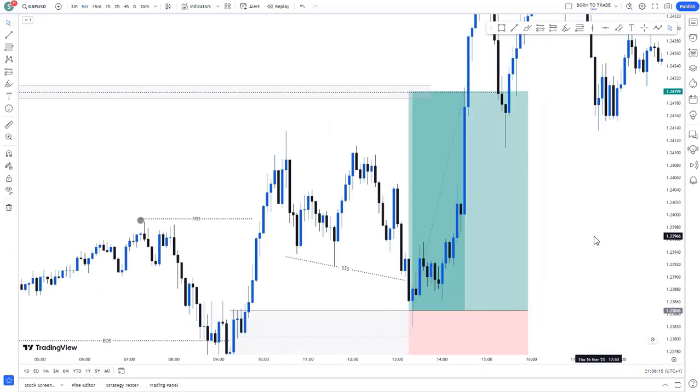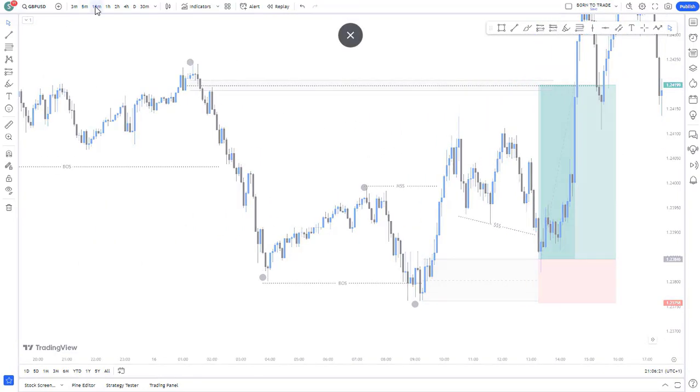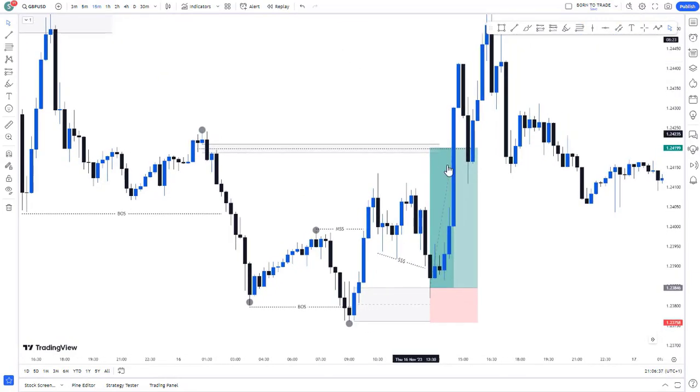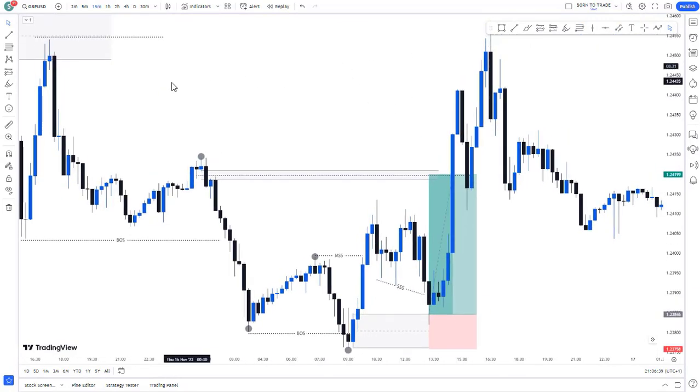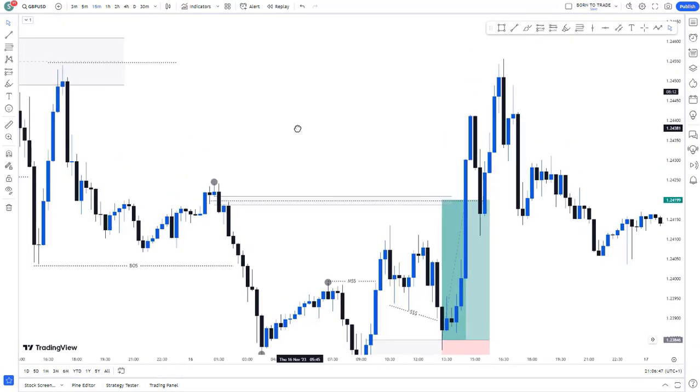Okay, you see how price hits my target immediately, and this was a very good trading setup for me. Okay, back to the 15-minute time frame. So here's the 15-minute time frame. You see price hits my targets, reacts a little more to the upside, and price actually rebalances this inefficiency, mitigates